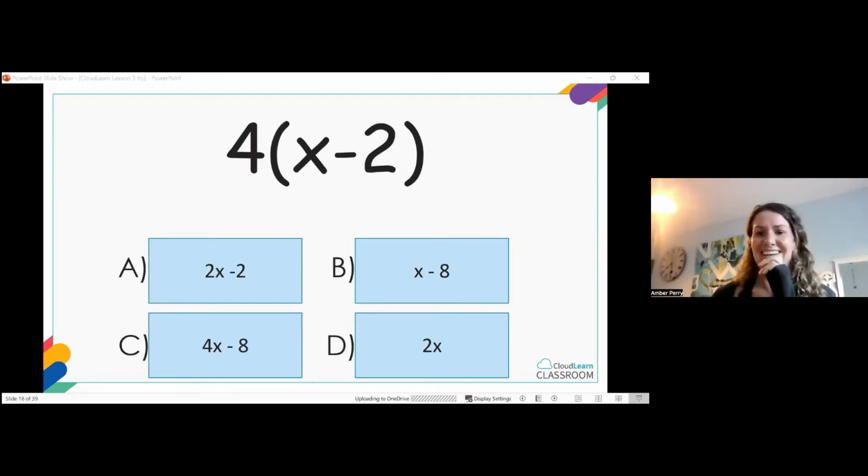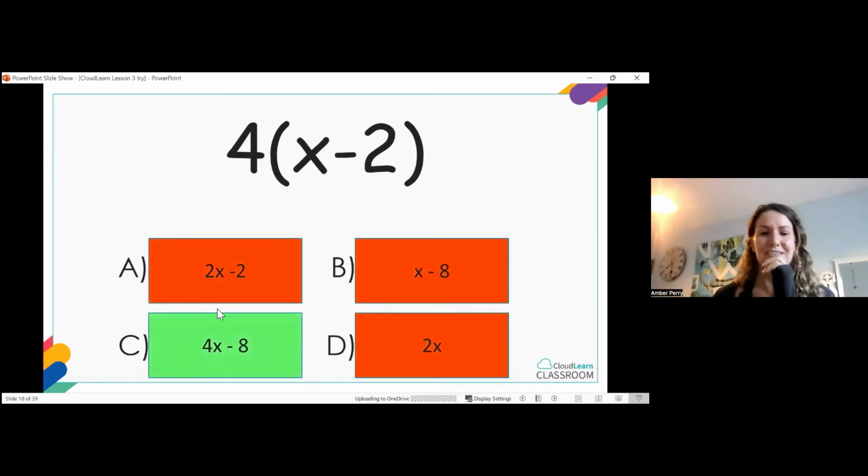Okay. Almost 100% now. Just missed out the last minute. So it's 4x minus 8 there. I think it might have just been a slip actually. There you go, the C there, 4x minus 8. Okay. So let's